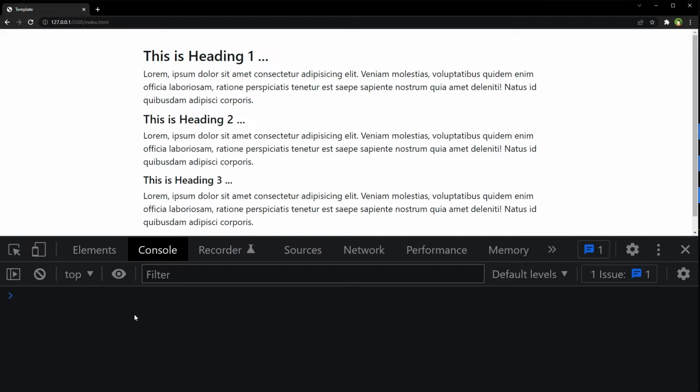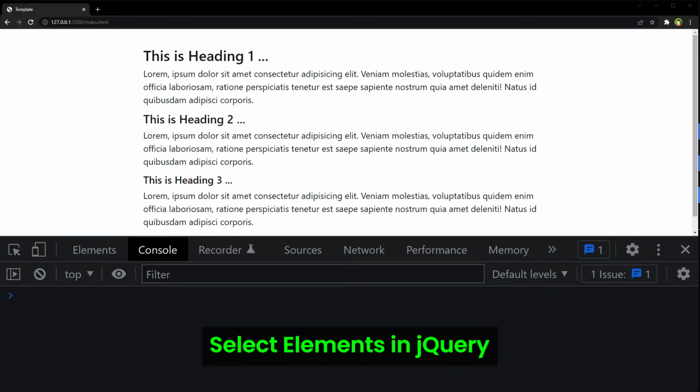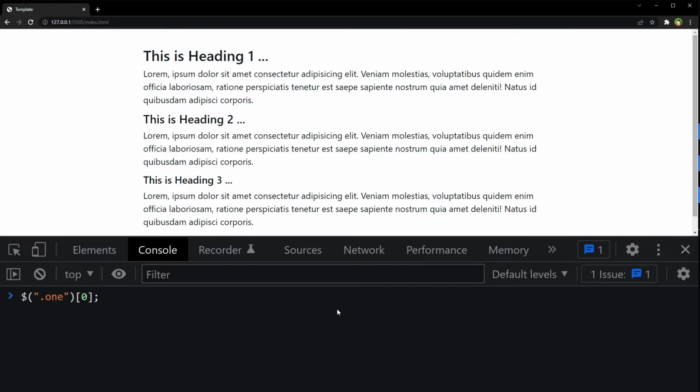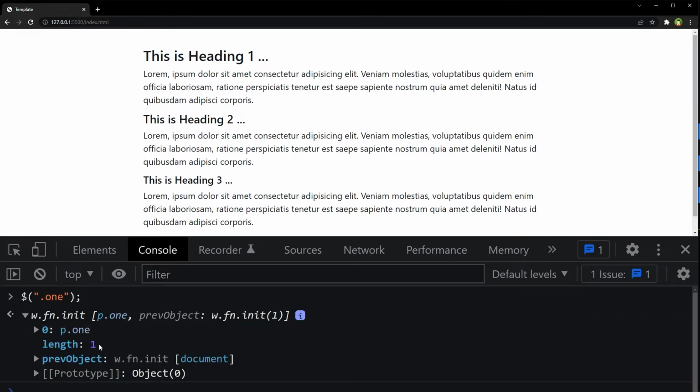Here are some tasks done side by side in jQuery and in vanilla JavaScript. We can select elements in jQuery like this: $, element with class 1, and we don't need this 0, and the paragraph with class 1 was selected.